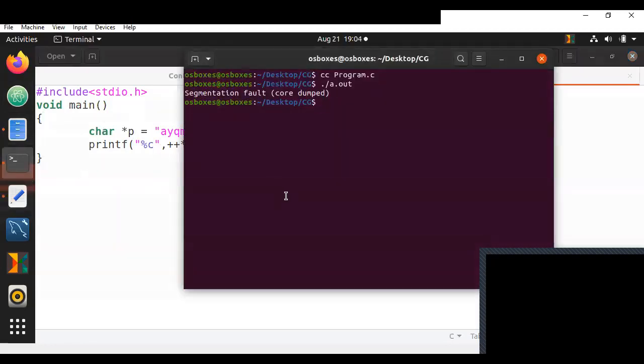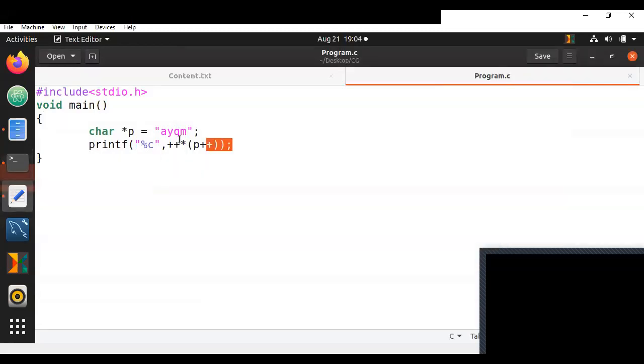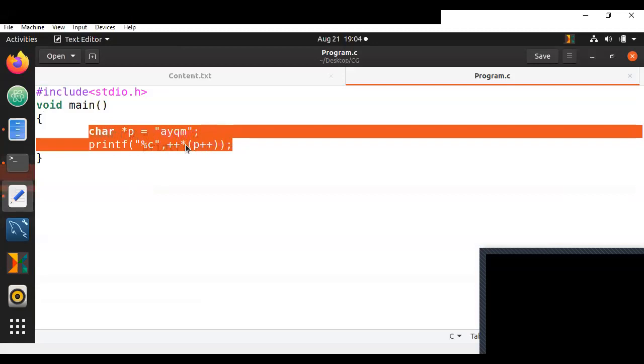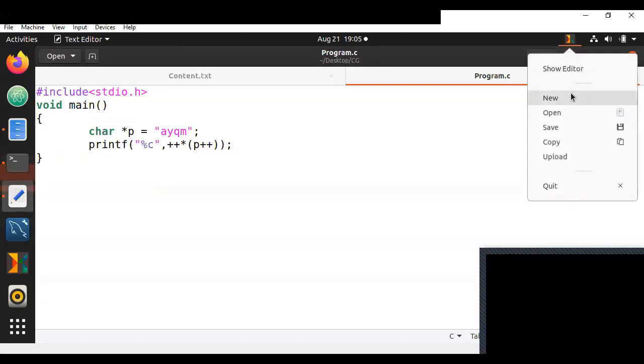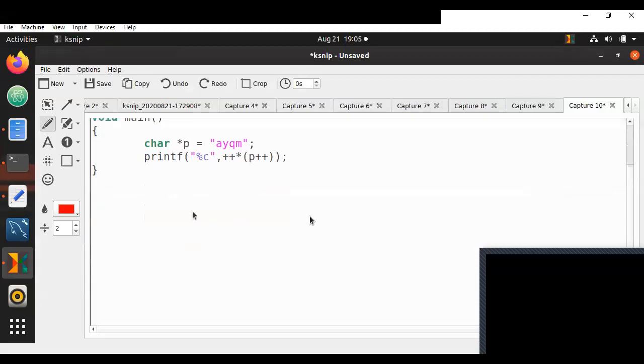Okay, if I execute, I'm getting a segmentation fault over in this compiler. But let me explain what exactly will happen here. You probably need to run this in a different compiler to get the output exactly. It's not that nothing prints. I'll explain. Again, this is an issue with the compiler. I will explain what happens here in reality.